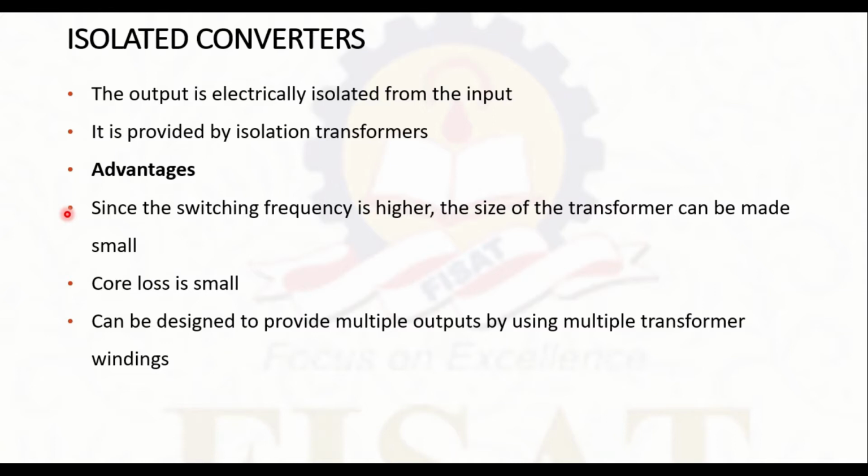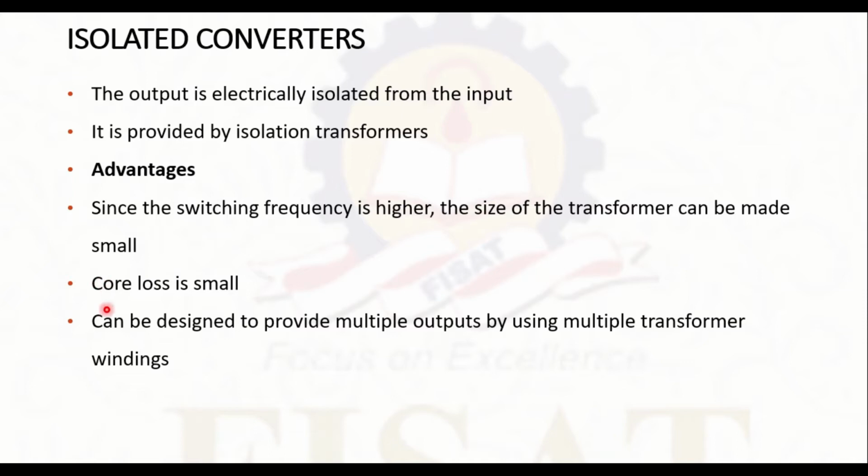That is, normally the switching frequency, the on and off intervals, which is made possible by the power semiconductor switches, the frequency is very high, so that the size of the transformer can be made small. And that's why the normal power semiconductor devices, just like the mobile phone adapters and all, are of smaller size compared to the previous electrical type of adapters.